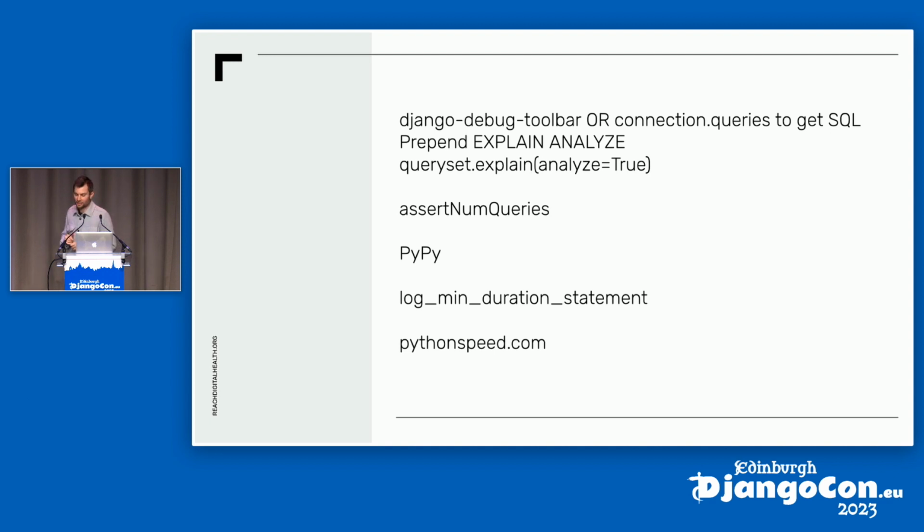The next one is log_min_duration_statement. It's a config in Postgres. You set this to a certain value, and Postgres will log any queries that take longer than this. So you can put this in your production, and then any queries that are taking a long time, you'll immediately be able to see those in your logs, and hopefully somehow trace that back to your application, what is making those queries, and figure it out. If not, it gives you a good idea of where you might need some indexes on your tables.